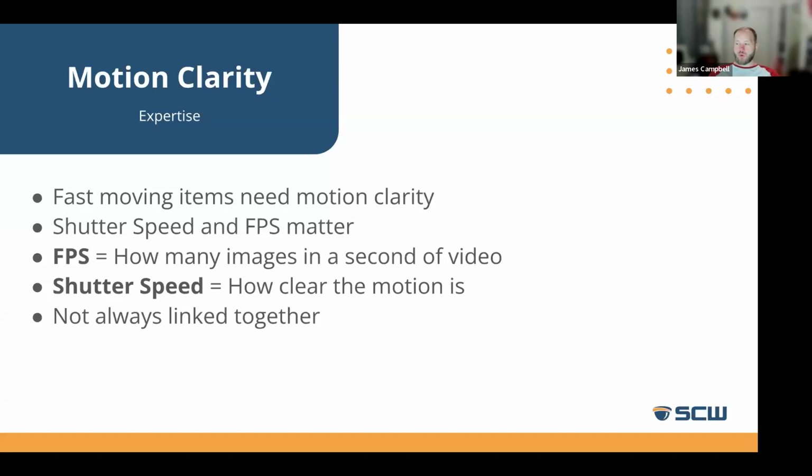And the way this works is two different settings and two different features on a camera. There's frames per second, which basically determines how many images in a second of video there are in that video. To put that in perspective, if you have any film buffs out there, it's 24 frames per second for most Hollywood movies. But for production monitoring and fast moving things, you really want to make sure that video